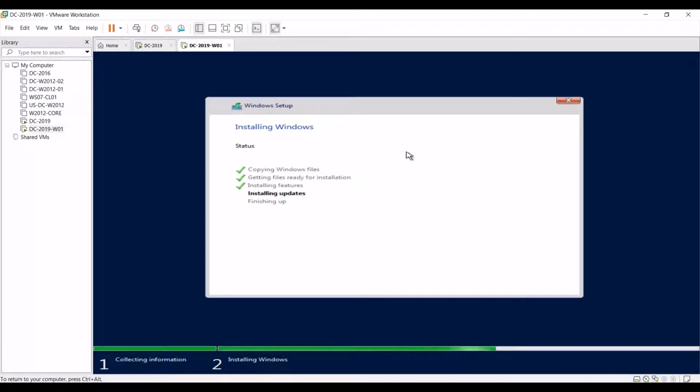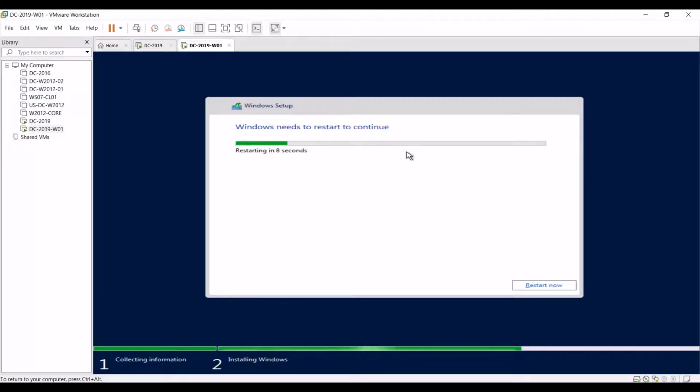Updates are getting installed now. It's almost going to finish. It is in the final stage.